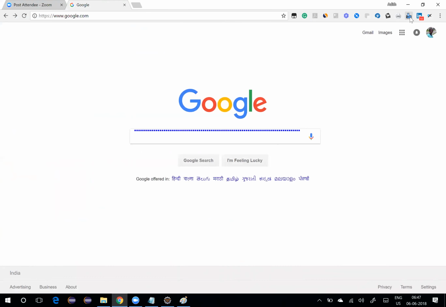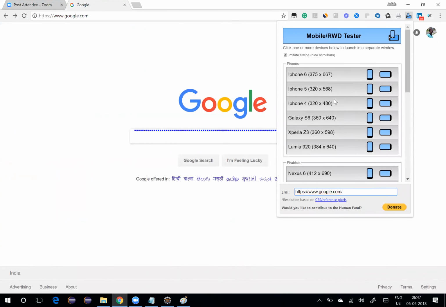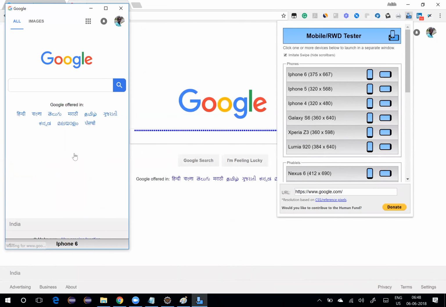I just click on this. The moment I click on that, it'll ask you, hey, which mobile you want to try with? Do you want to try with iPhone 5, 6, 4, Galaxy, Xperia, Lumia, etc.? Is it in portrait or landscape? Let me just click on any one of it. The moment I click on it, it'll give you the look and feel